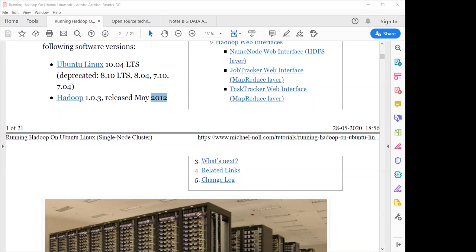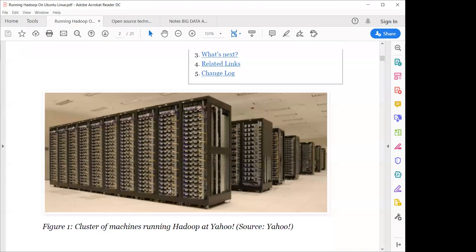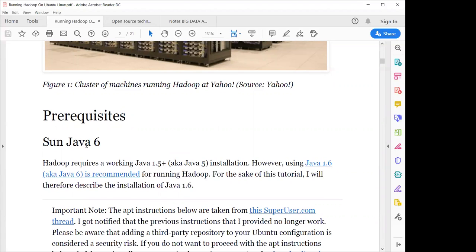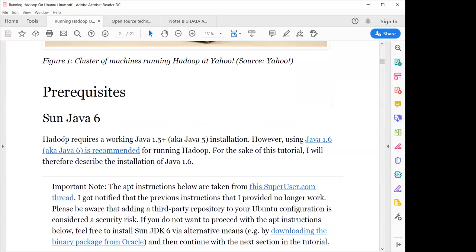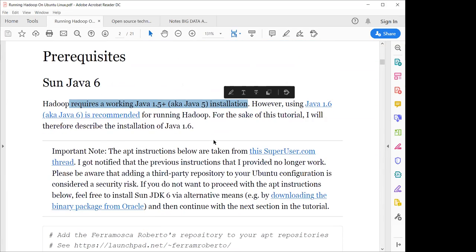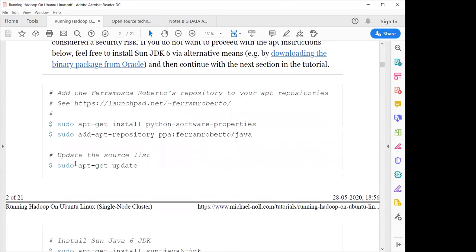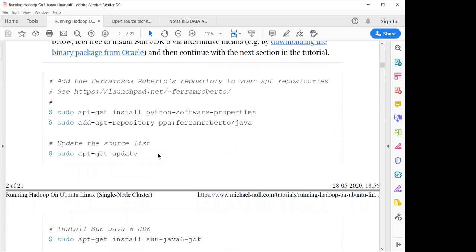Now we'll come back to running the Hadoop MapReduce system. By following this information, you can check what is required. This version requires Java 1.5 plus, but you should check what your current requirement of Java is for the Hadoop system. So first on Linux, you should open the terminal and run this command, sudo apt-get update. What the update statement will do is update the list of your repositories on the Ubuntu Linux